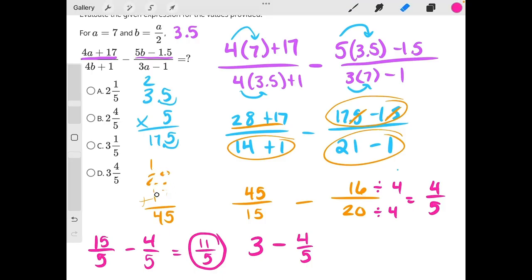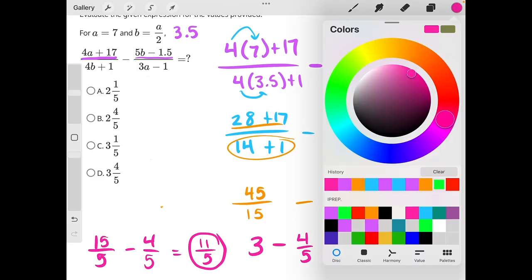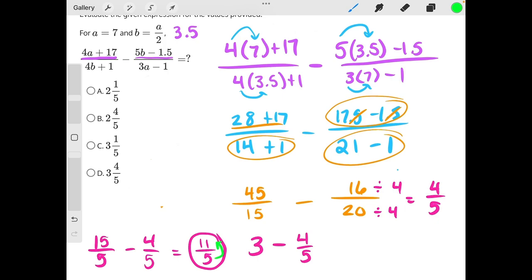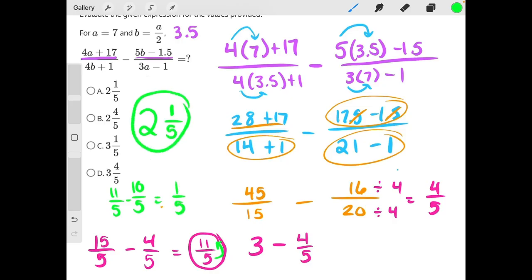So now I'll erase these two multiplication problems to give us some room. 5 can go into 11 2 times evenly with 1 remaining, because 2 wholes would be equal to 10/5 minus 11/5, which would leave us with 1/5. So our final answer is 2 1/5. Answer choice